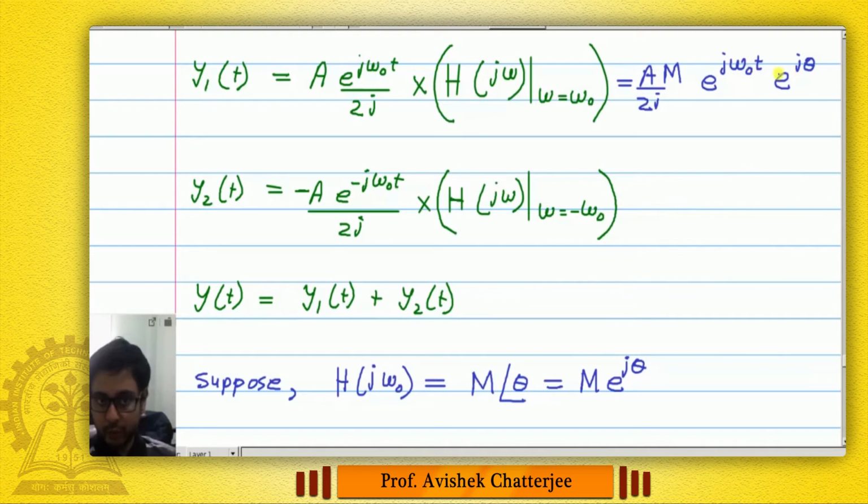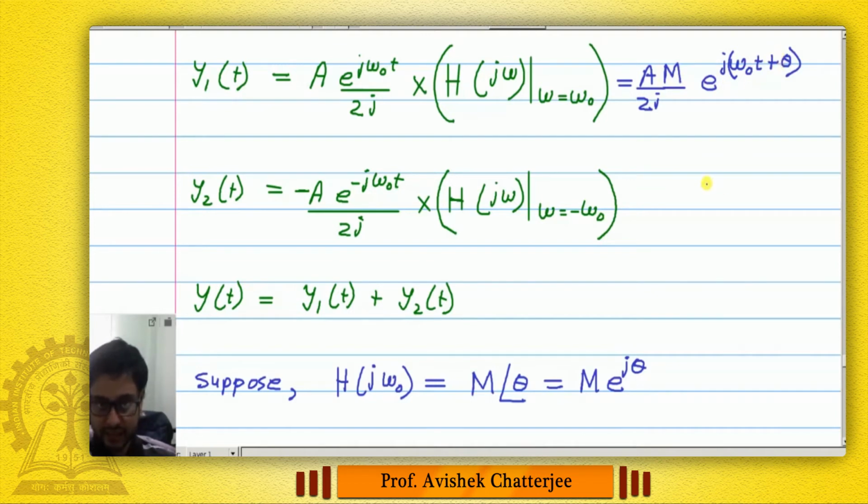Now these two exponential terms you can write together as j omega naught t plus theta. So the amplitude is multiplied with m,